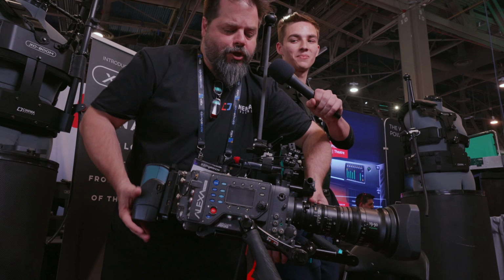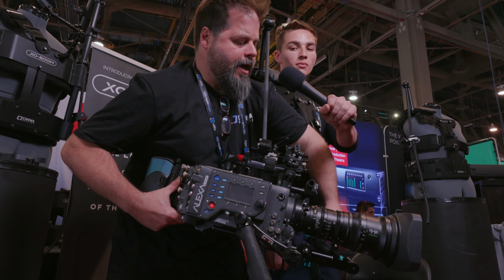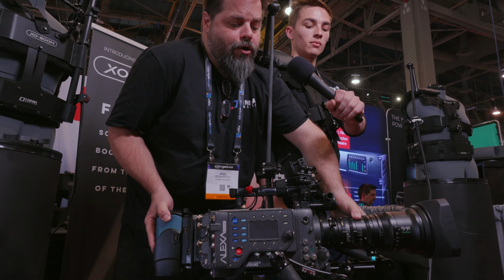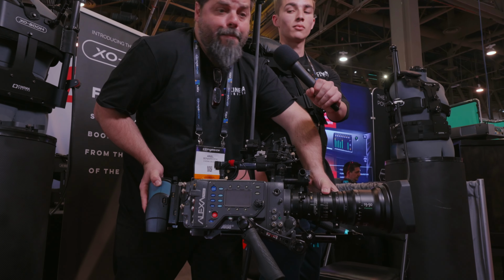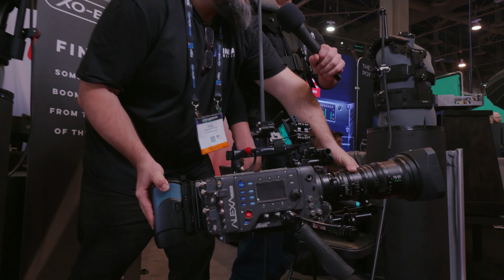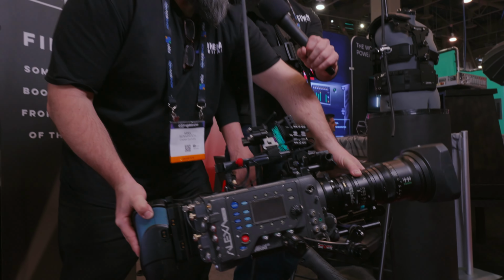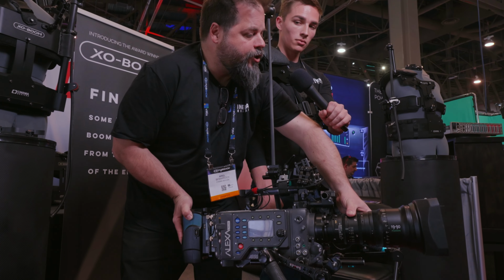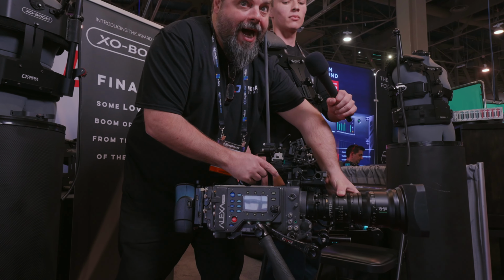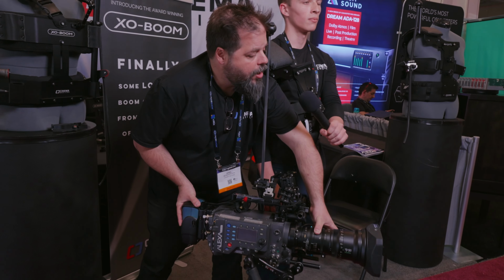On this one, instead of having to do this to hold it up, I can have one hand on the lens, doing whatever I need to do. The other hand is all the way at the back of the camera, and I just gently guide it using the elastomer, that's the bungee cord, to get real precision movements, as opposed to this where an inch is a mile. Now I can operate smoothly all day,